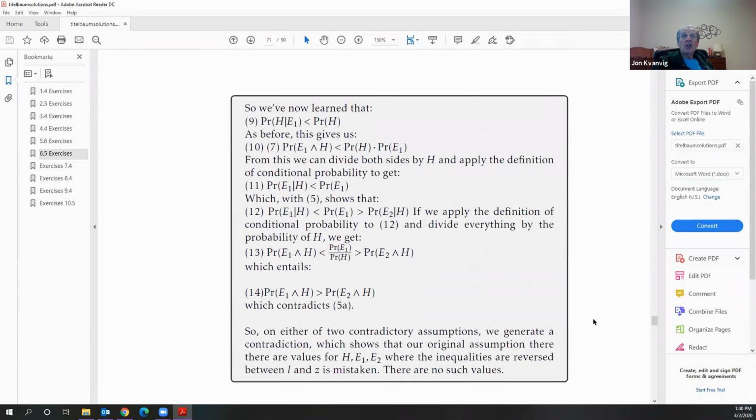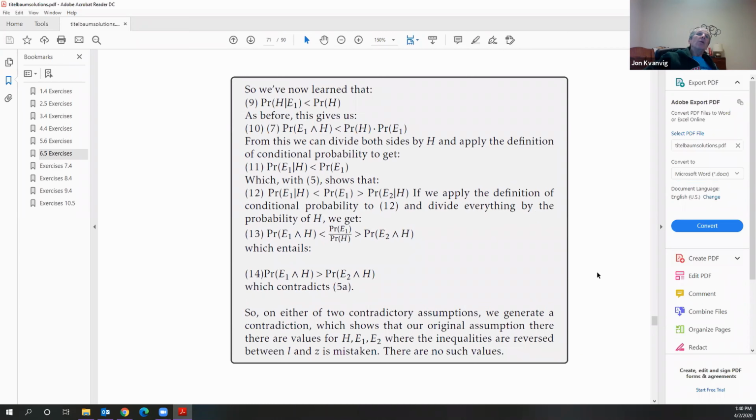So we've now learned that the probability of H given E1 is less than the probability of H. As before, this gives us that the probability of E1 and H is less than the probability of H times the probability of E1. From this, we can divide both sides by the probability of H and apply the definition of conditional probability to get that the probability of E1 given H is less than the probability of E1, which with 5 shows that